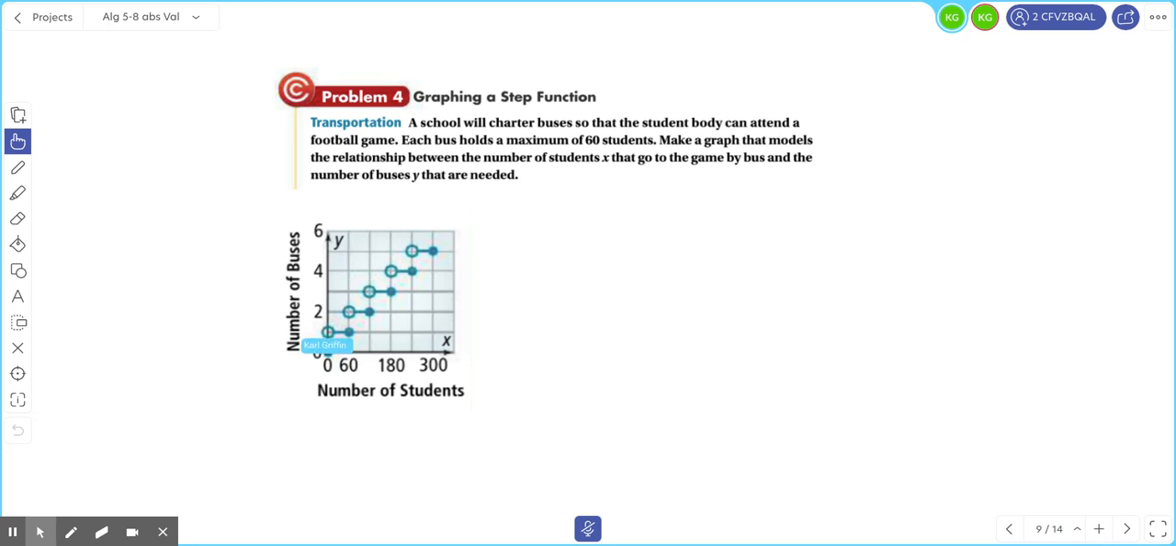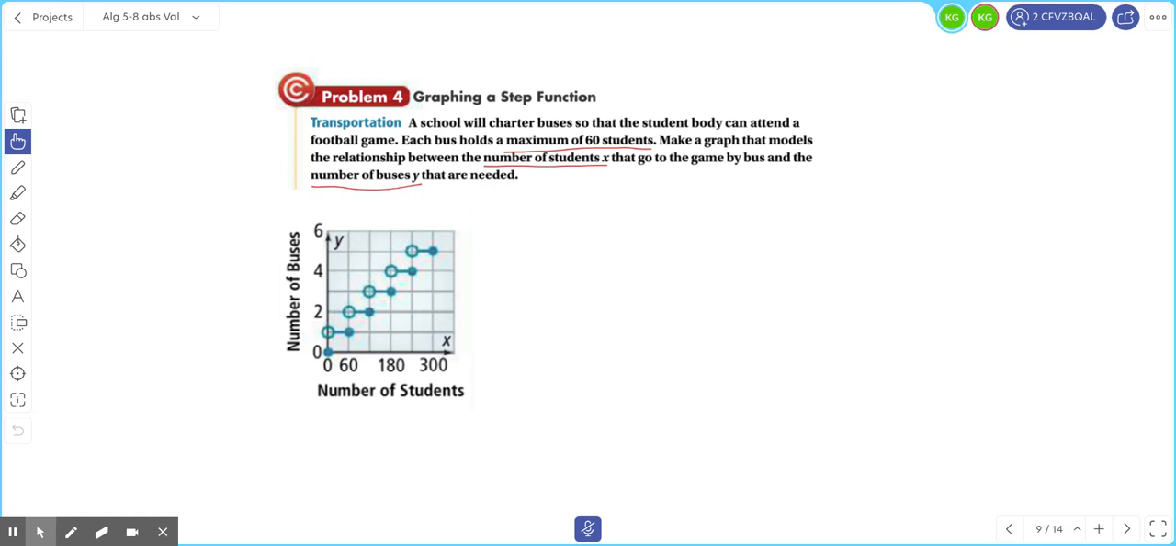Open circle means the line starts here, but if you're actually at 0, the output is 0. So this describes a school will charter buses so the student body can attend a football game. Each bus holds a maximum of 60 students. Make a graph that models the relationship between the number of students, X, and the number of buses, Y, that